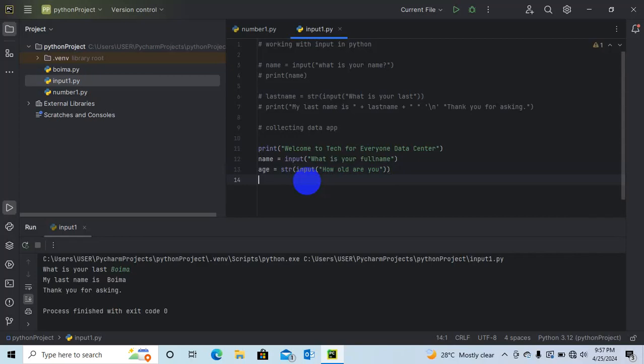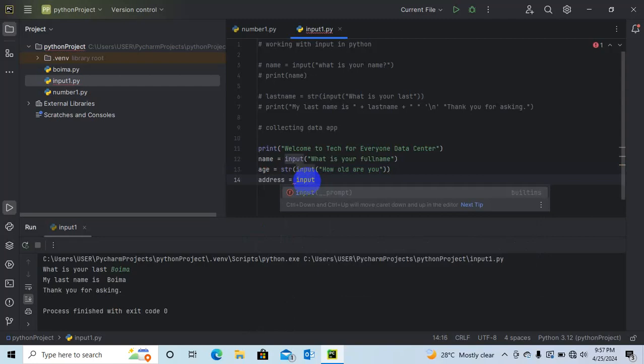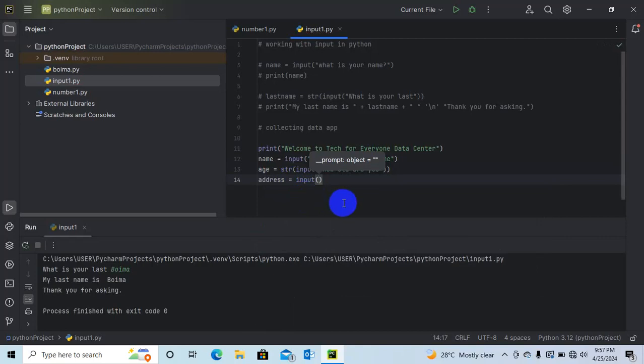Now we want to know the address of those filling in the form. So we declare a variable, call it address is equal to input, and we ask, where do you live?